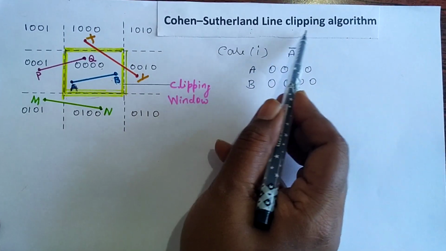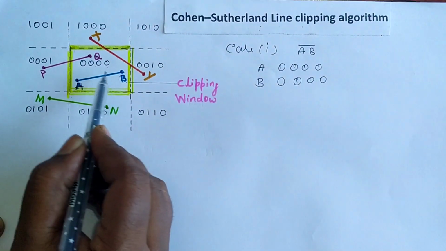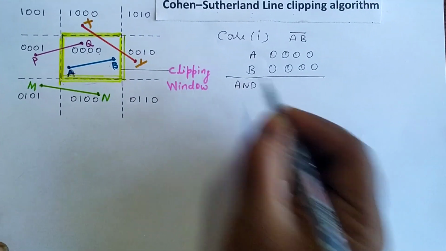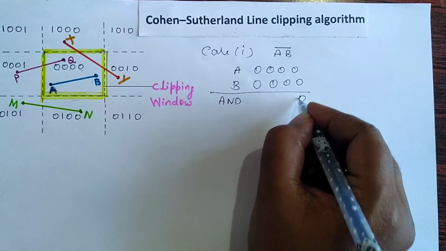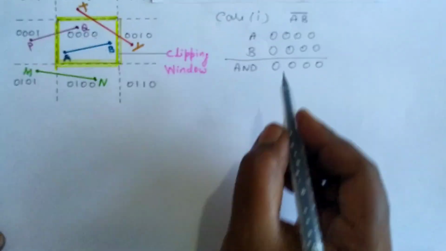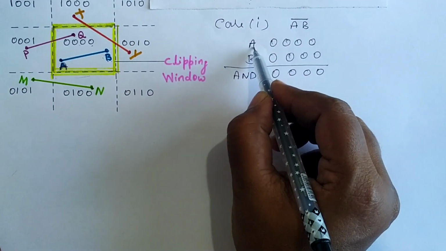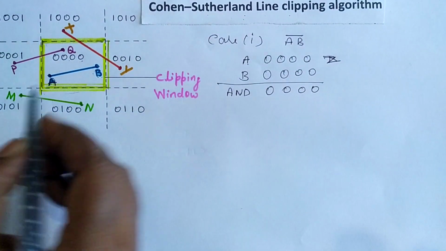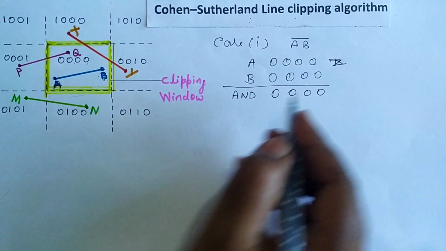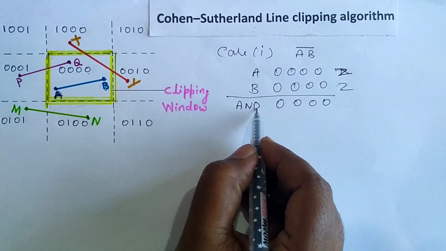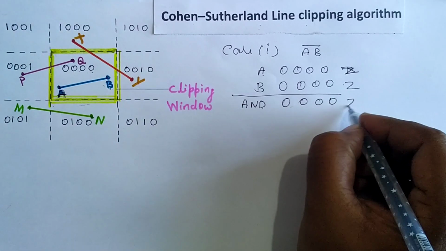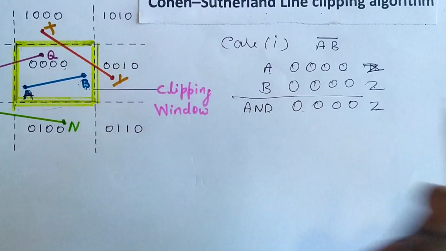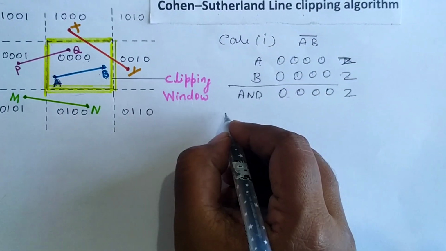As per the Cohen-Sutherland algorithm, for these two endpoint region codes, we will apply an AND operation. If you apply the AND operation, the result will be 0 as well. If all these three are 0, this means that the complete line segment is